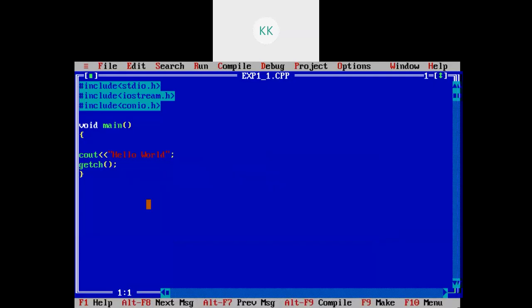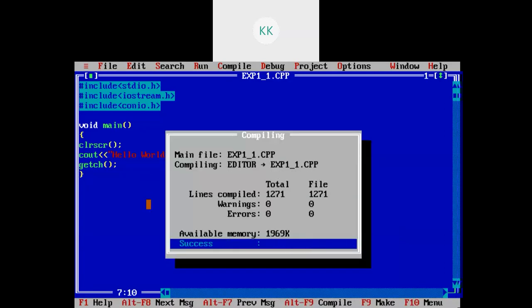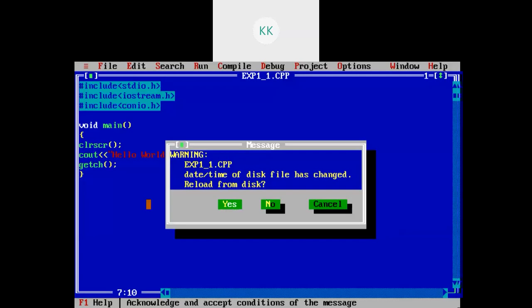So for that I need to write one more instruction, that is clrscr. This instruction will clear the screen. So now I will try to run it again, Control F9. Now you can see the output. Right.